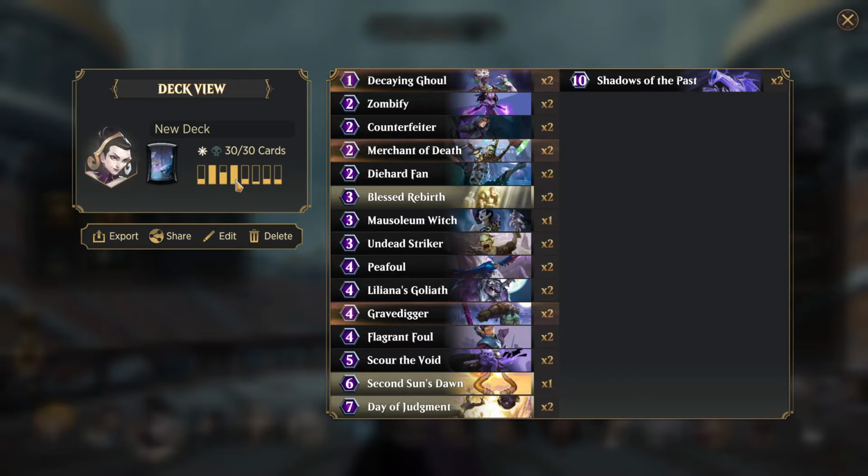And I say a big but, though, because depending on who you play, as you can see here, the mana curve is 1, 2, 3, 4, 5, 6, 7, 8. So there's a lot of mid-range 4 cards: Peafoul, Liliana's Goliath, Gravedigger, Flagrant, and then even more expensive. What's the problem with this? If you fight Teferi with Unsummon for 2 mana, Jace with Unsummon for 2 mana and Repulse for 2 mana, and even those Mistraven 5 manas, repulsing your Liliana's Goliath, repulsing your Peafouls, remanding or stopping your Scour the Void, you as a mostly mid-game deck with a little bit of endgame